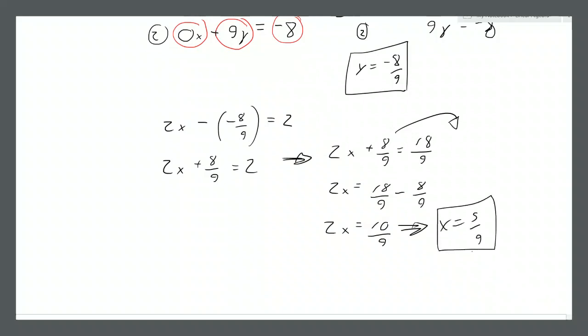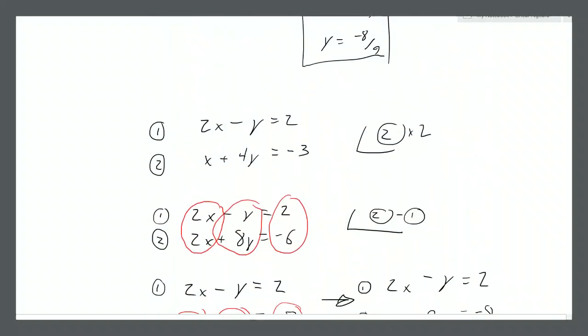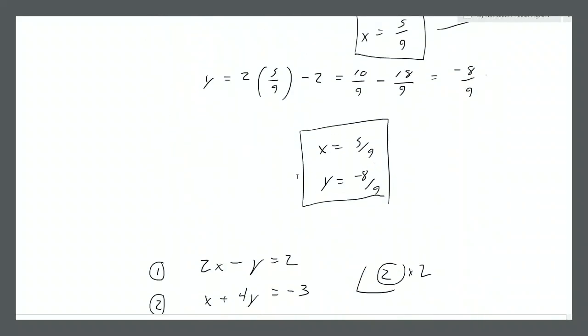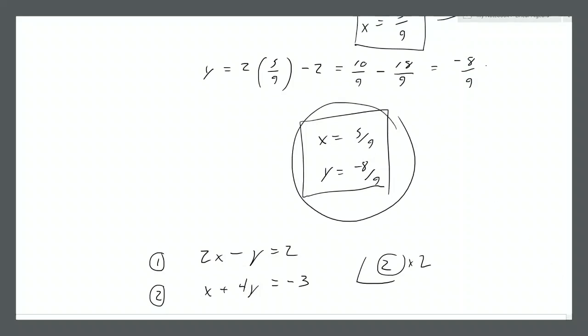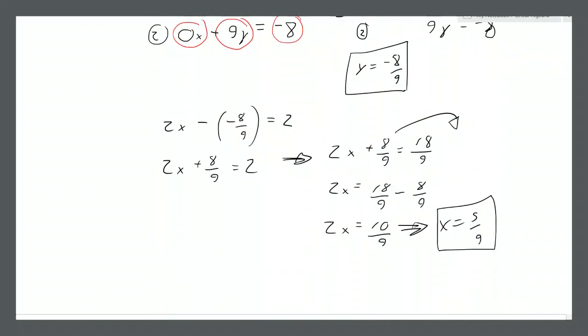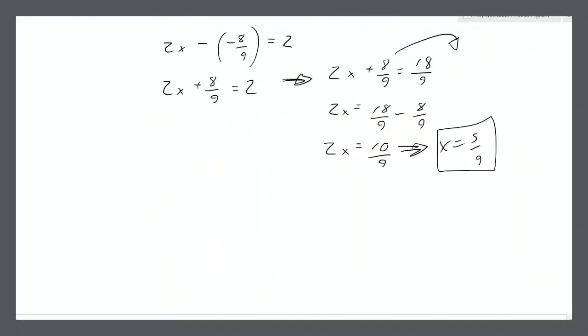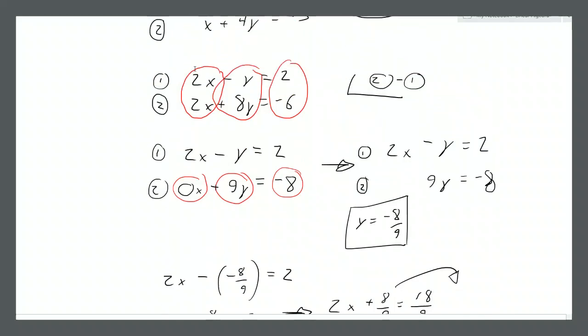Okay, so x is 5 over 9, y is negative 8 over 9, which is the same result we got up here, but in a cleaner, more straightforward manner. Okay? Which is especially easier when you're working with more than 2 dimensions. But we're going to make it even cleaner, even easier. Okay? If we're always arranging things by columns,